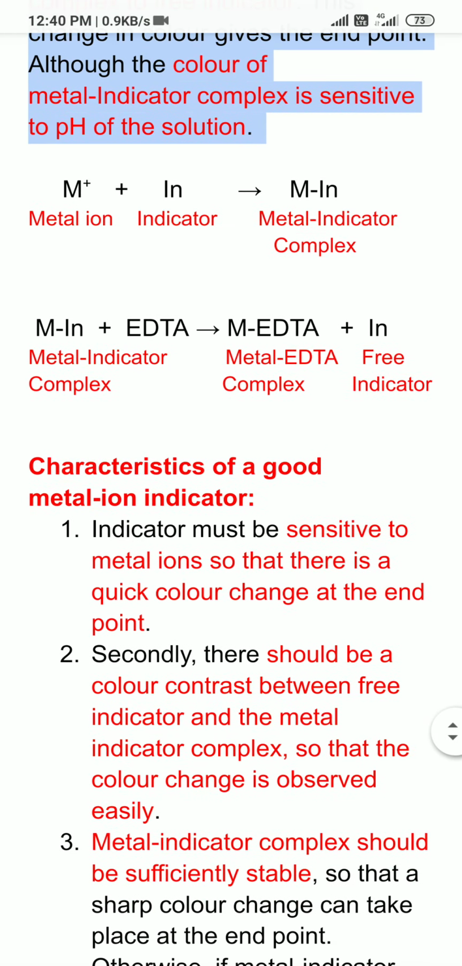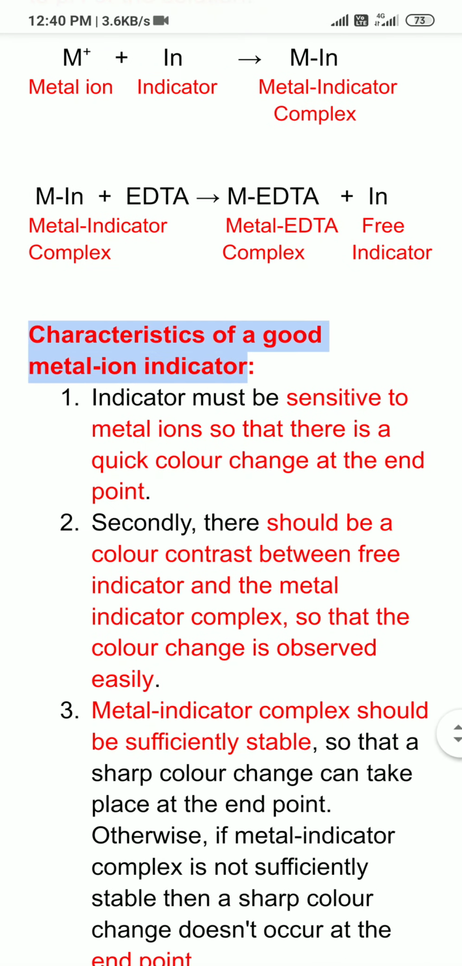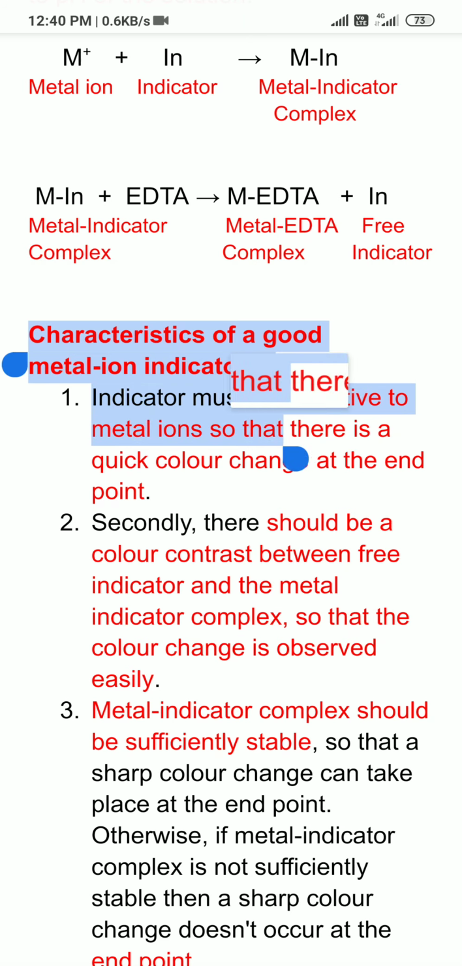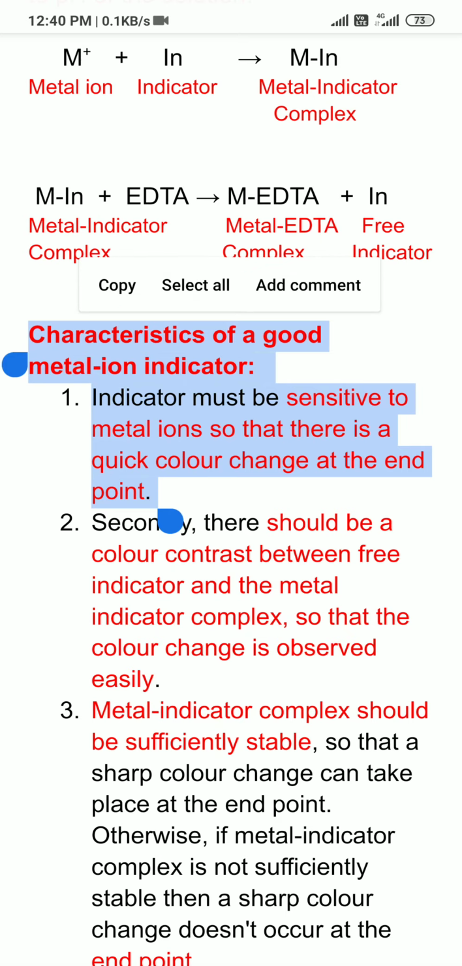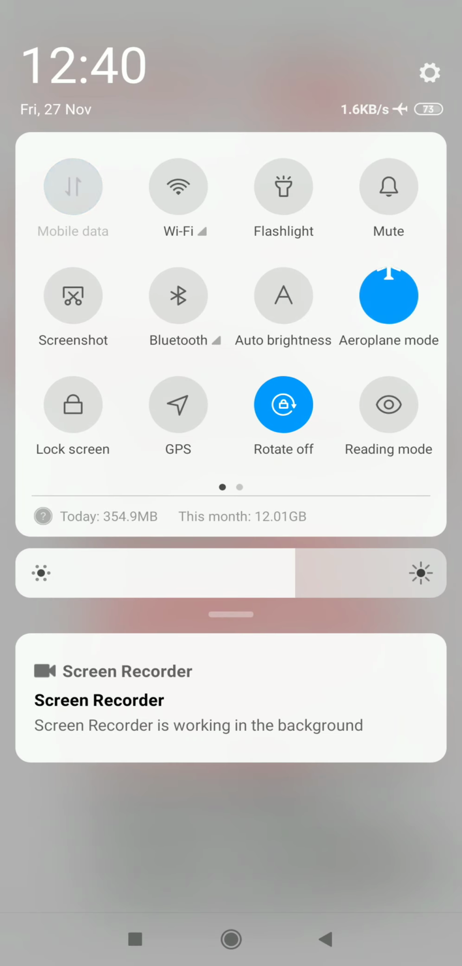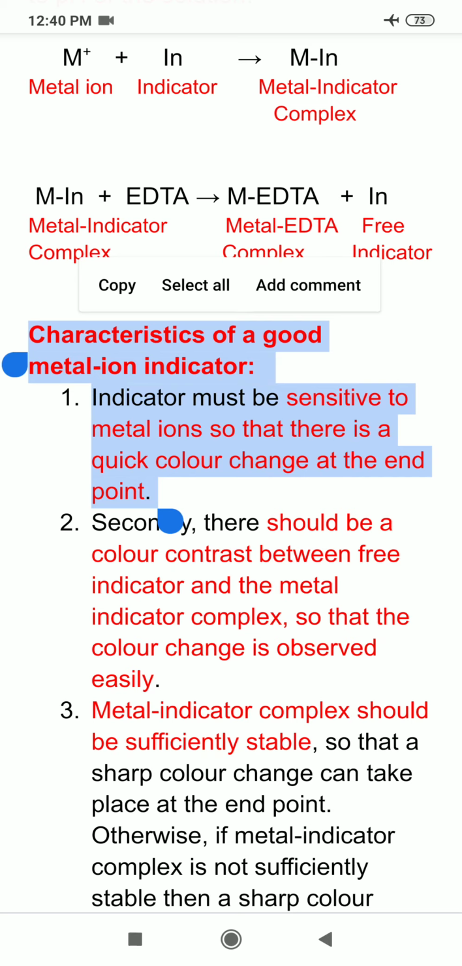Next heading is characteristics of a good metal ion indicator. Now first characteristic of a good metal ion indicator is that the indicator must be sensitive to the metal ions so that there is quick color change at the end point. What is the first condition? That indicator must be sensitive to the metal ions so that there is a quick color change at the end point. Mean indicator on combining with the metal ion should give its